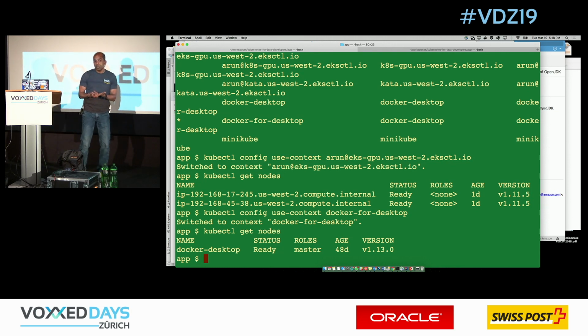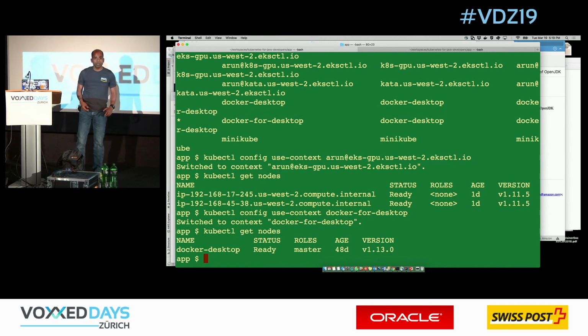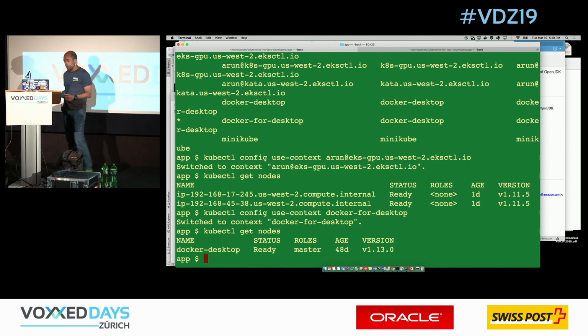Now, does that mean you have to use the same environments? You don't have to. You can start customizing it. A lot of customers do that, where this is my testing database and my testing app, and there are slight tweaks required when I go to production, and I have environment variables that override this. And that's totally all right. But the point being, literally migrating to the cloud, from running your application on the local desktop to an EKS cluster, is just switching the context and redeploying the application. So literally fire the same command again.